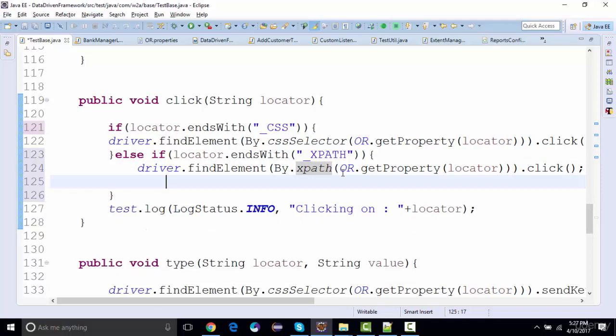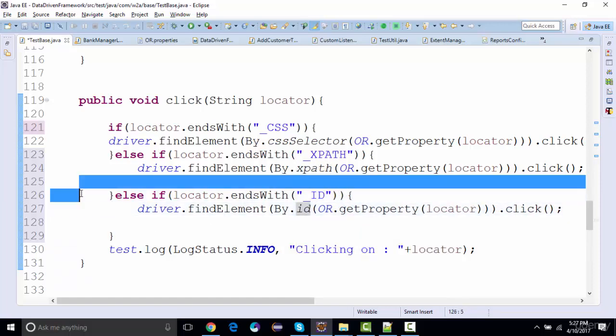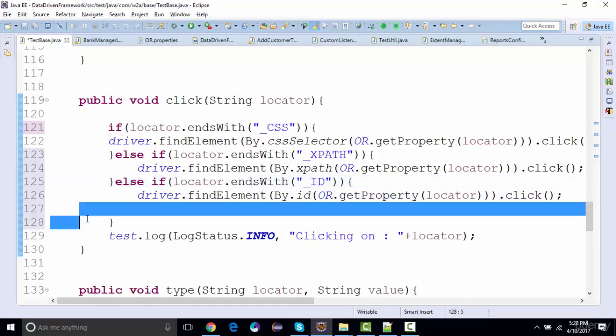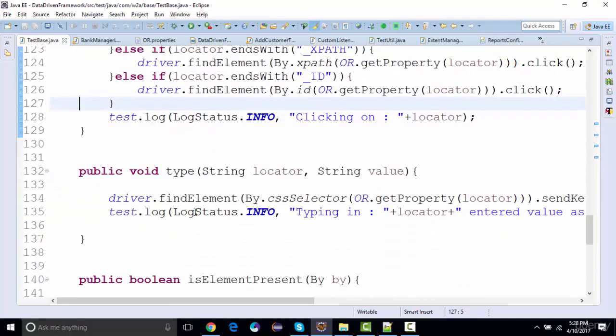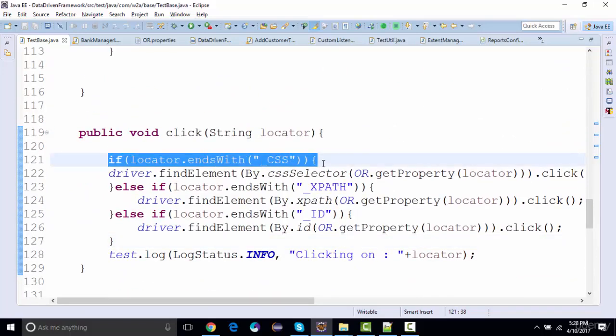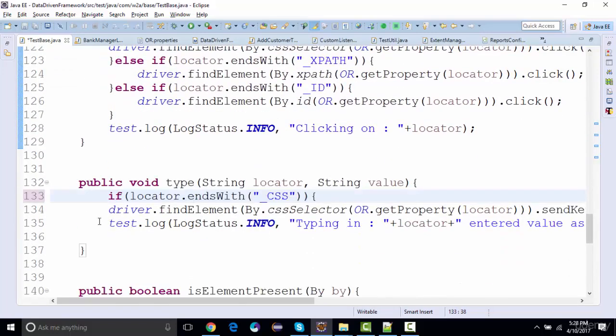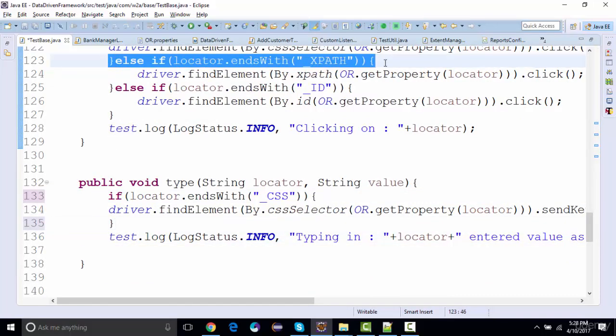The same thing should work with XPath, and the same condition will go for ID as well. If it is ID, it should say ID. Right, I can give ID over here. So you can add the other locators accordingly, right? Same thing goes for your type method, right? If the locator ends with CSS, it should perform this. Else, if it ends with XPath,